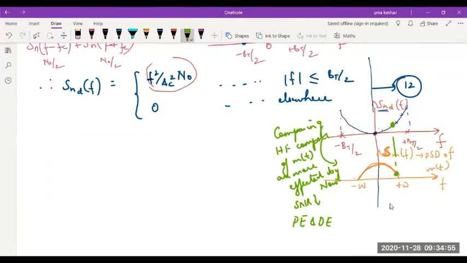Now, what I want to show you is, since the bandwidth of the detected noise power spectral density is from minus Bt to plus Bt, and the bandwidth of the message is much less than that, let me try to limit this noise power spectral density within the message bandwidth. Then the curve will look something like this. Within the message bandwidth, I'll plot the same curve, no change. Only thing, I'm limiting the bandwidth to minus W to plus W.